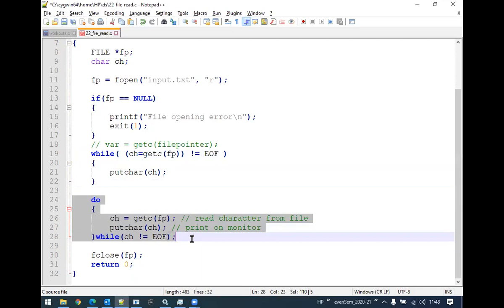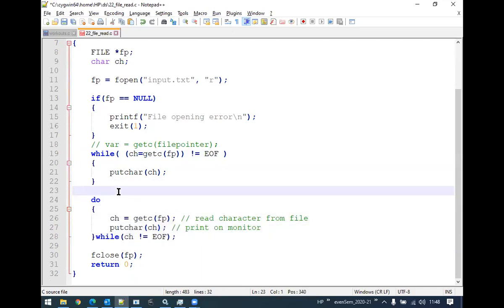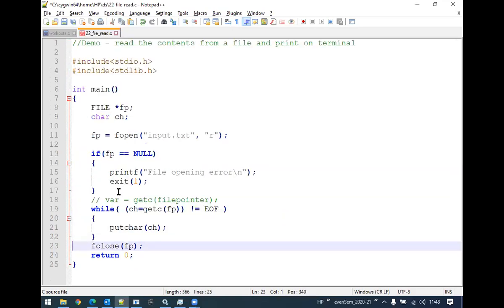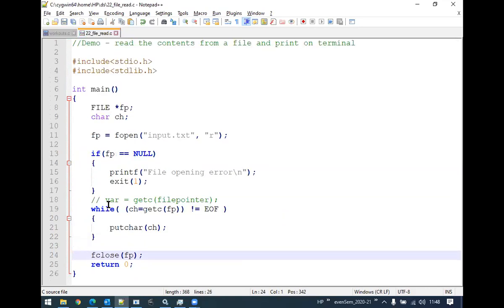Understood, students? Yes, sir. Are you finding it difficult to understand the files concept? Your silence says that it is difficult, right? You need to remember the concepts which you have studied so far.